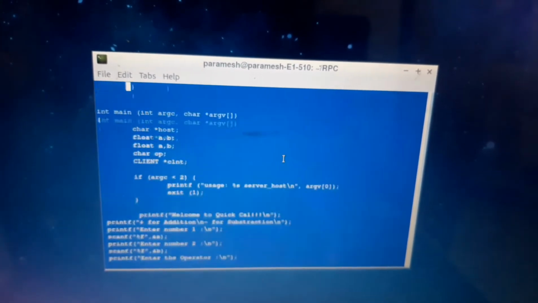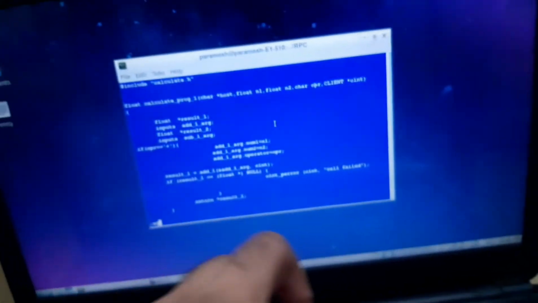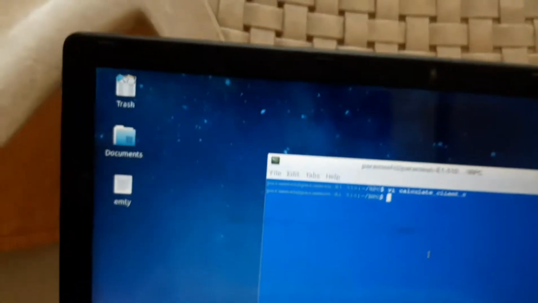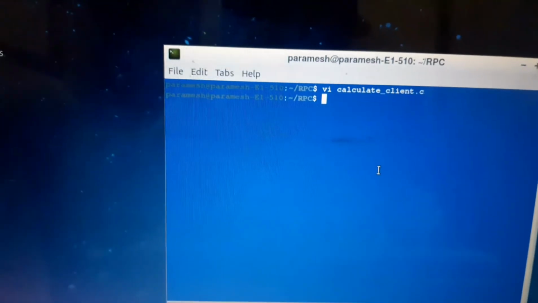We have to develop this code according to our need, and developing the client, calculate client.c, is known as step 2.